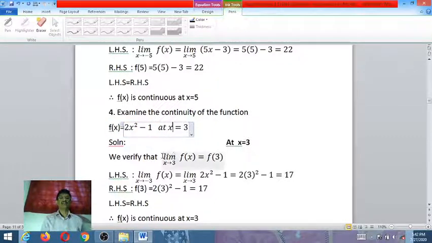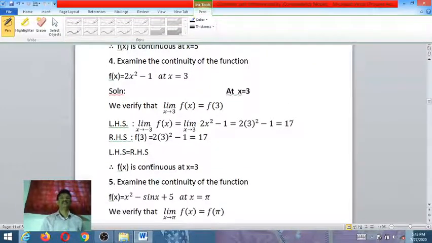Now, as usual, we verify that the limit left hand side, that is limit of f of x as x extends to 3. This is not minus 3, this extends to 3, that is equal to limit of 2x square minus 1 as x extends